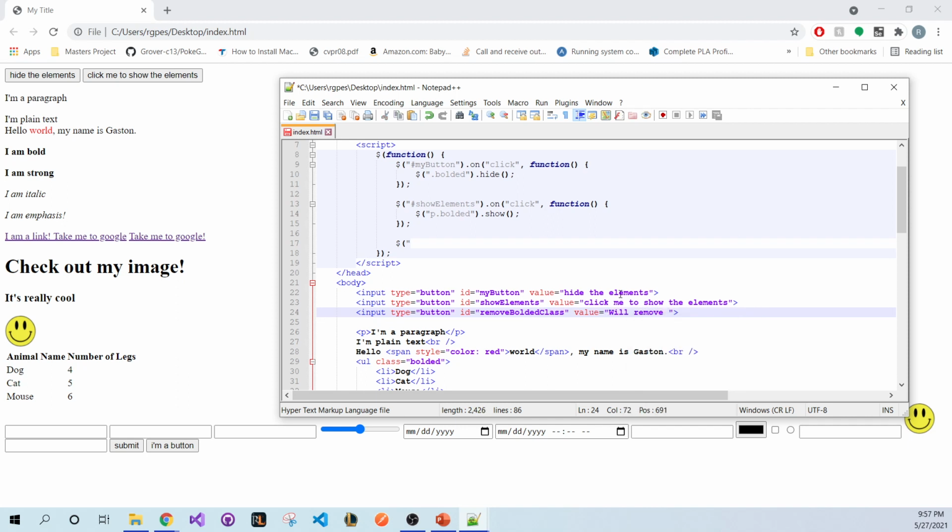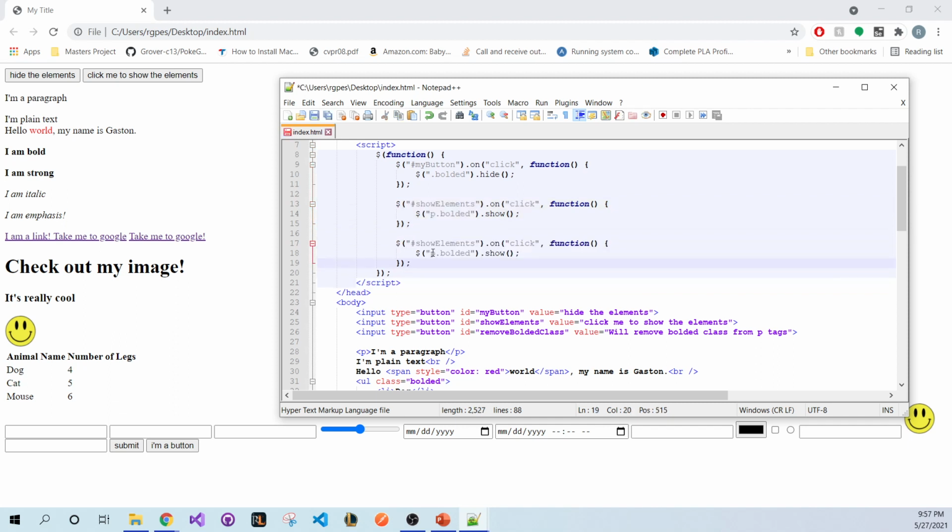We'll remove bolded class from p tags. So now we'll create a button that will remove the bolded class from any p tags. So let's go ahead and let's not make this mistake again. So remove bolded class. So when we click this button with this ID,